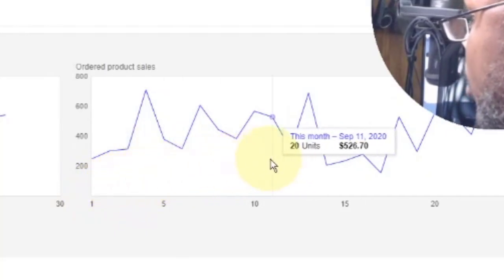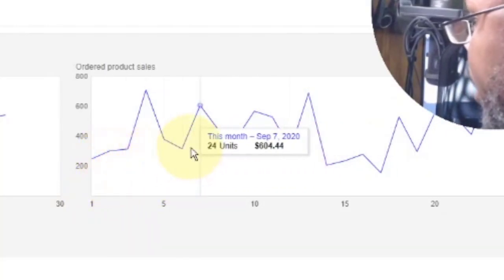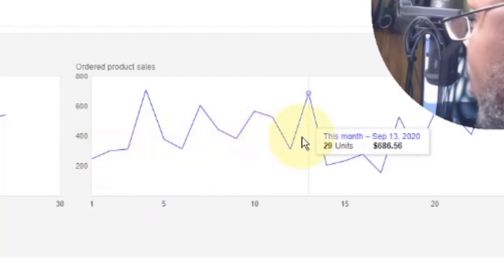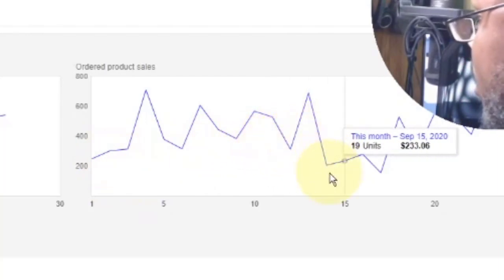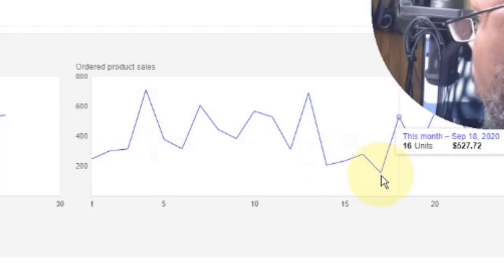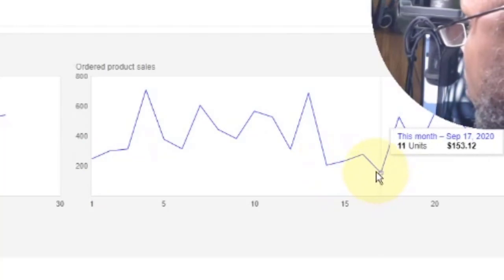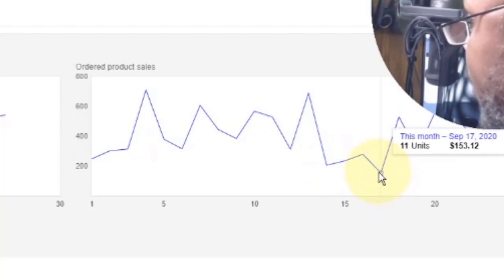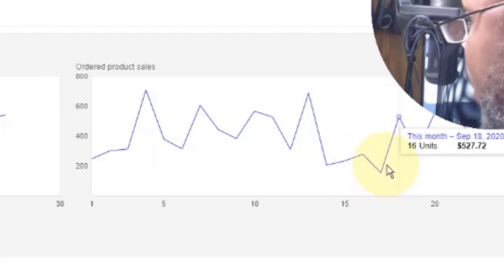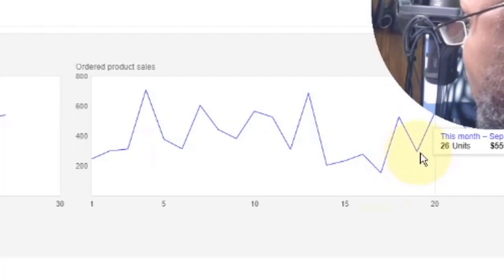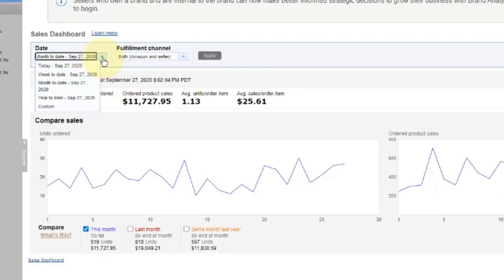But here's what I want you to look at. If you look at this chart, it's all over the place. These are my sales, okay, for the month. Was this the lowest? No. Let me see. Yeah, the lowest I had was $153.12. But look what happened after that. Ever since then, it's still up and down. But look at your upward trend that's going on. So I'm not worried about it. And